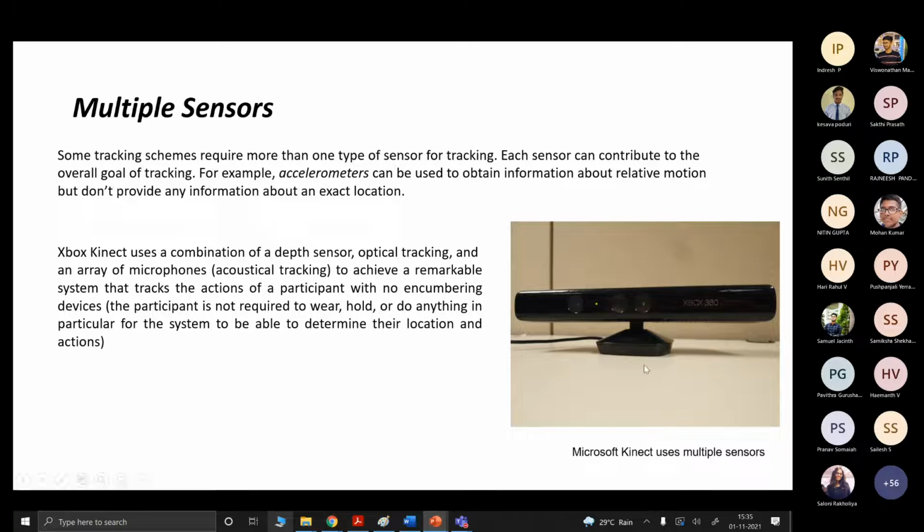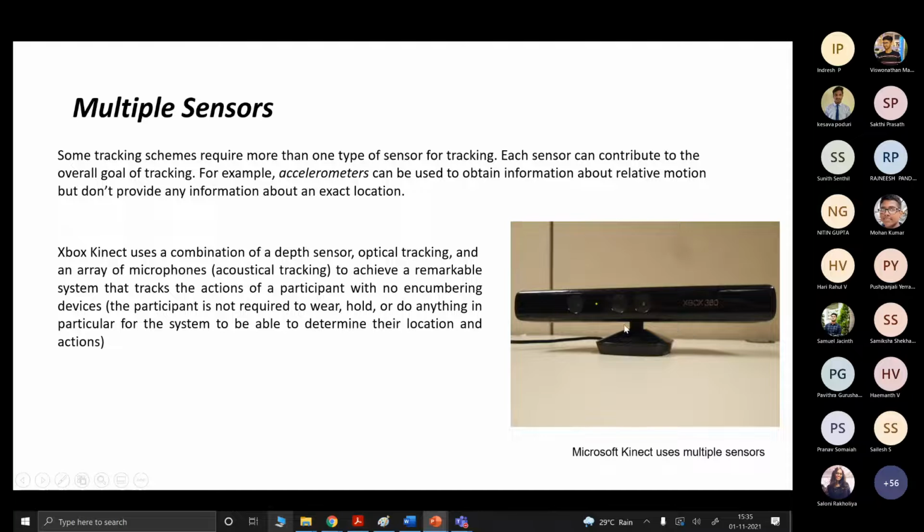So the example is accelerometers, which are used to obtain information about relative motion, but don't provide any information about locations.